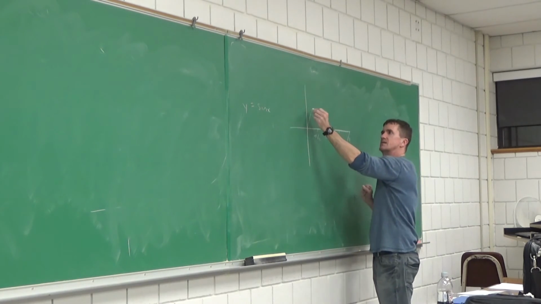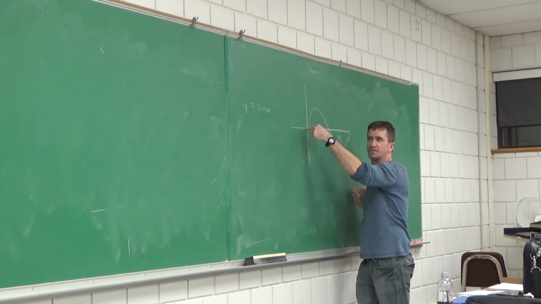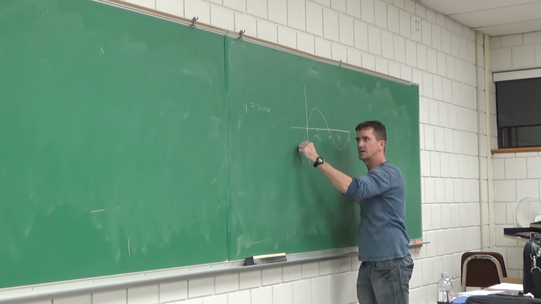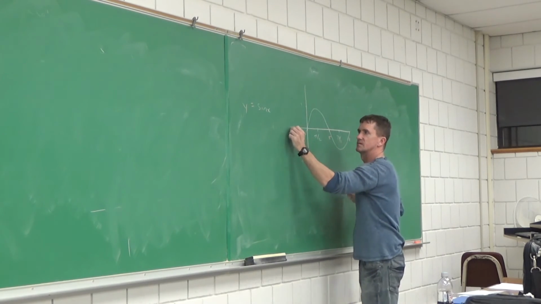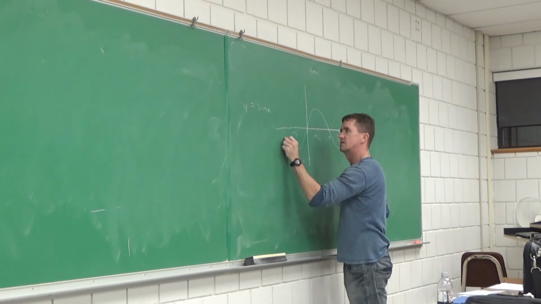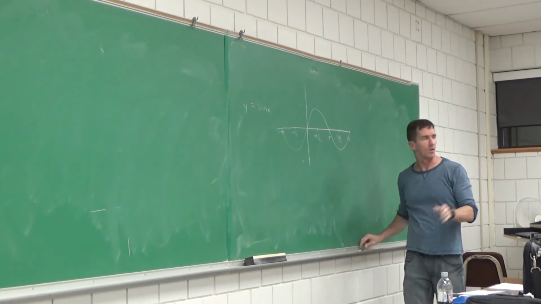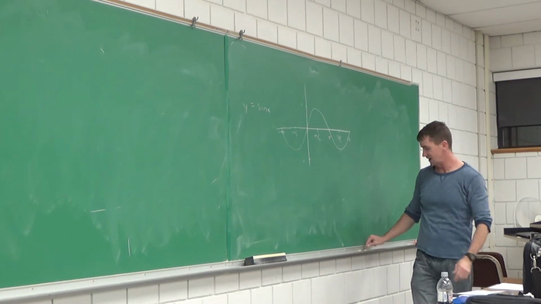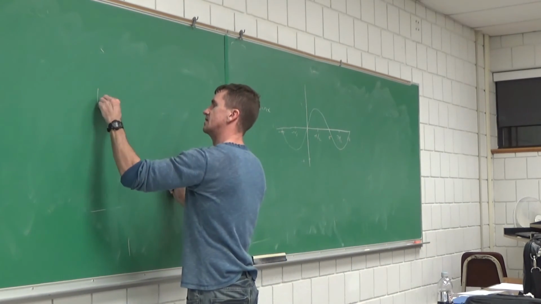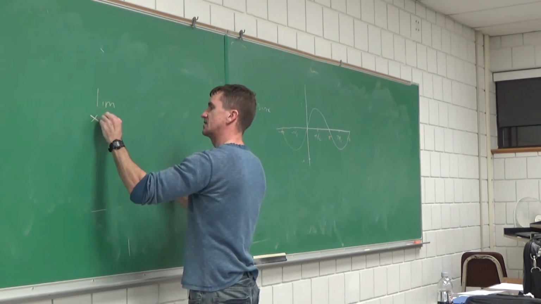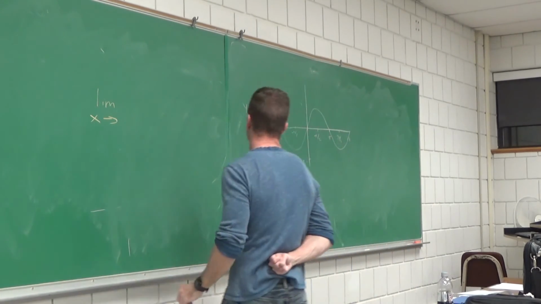How high did it get? 1. How low does it get? -1. What's it do on this side? Yeah, it just comes down here at negative pi over 2. What's it get to over here? Negative pi over here? That's far enough. I'm not asking about that. No, I want you to find this limit. As x approaches, let's see, pi.